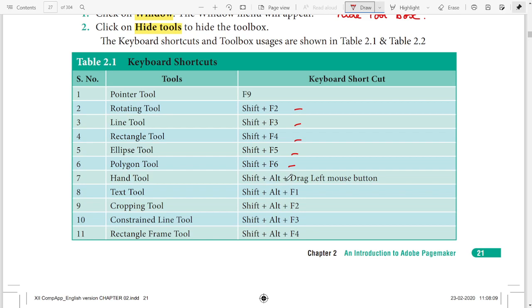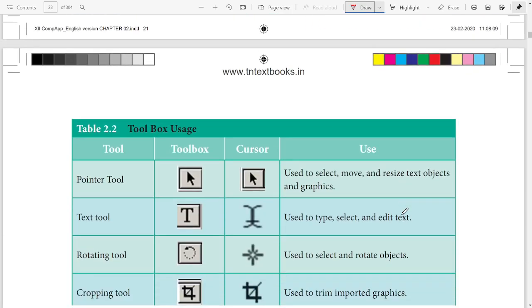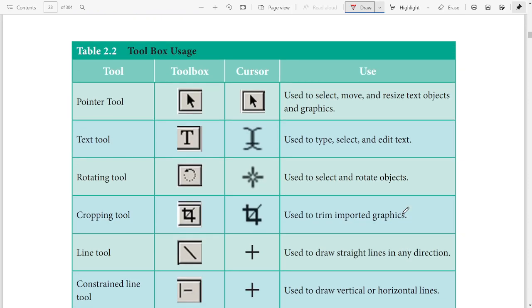For hand tool, Shift Alt plus drag with the left mouse button. For text tool, similarly Shift Alt F1, F2, F3, F4. The combination. Is it clear?